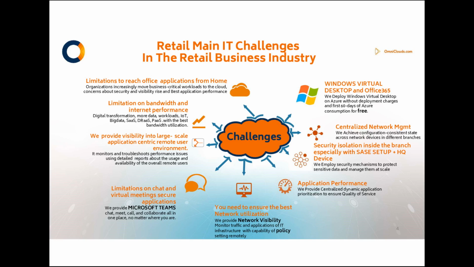The main speed bump that retailers are hitting around the branches is expansion. The main challenges start with timely branch provisioning, centralized network management and control, security isolation inside the branches, application preparation,